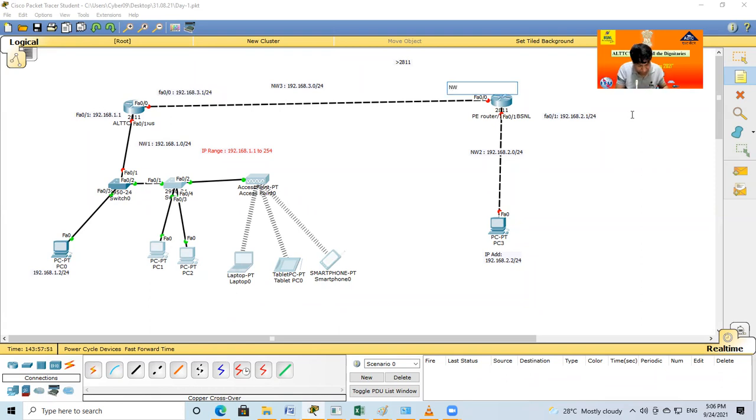This is network 4, 192.168.3.2/24. So this is the allotment of IP addressing. This is the planning.